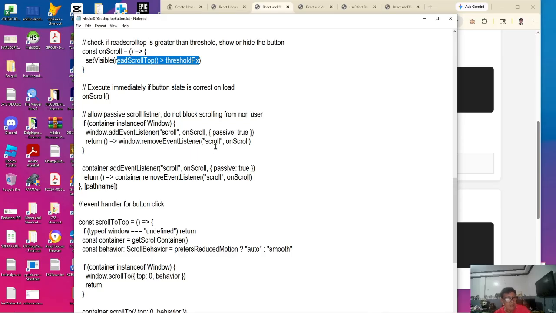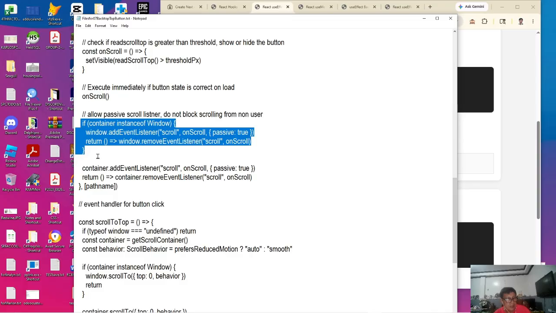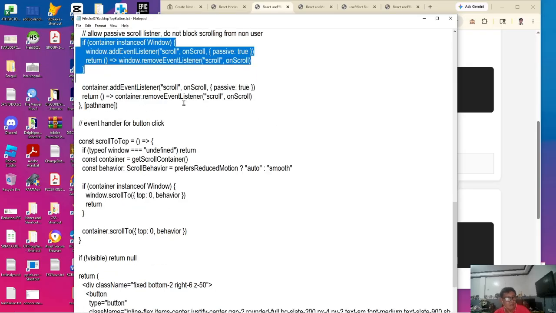Now the scroll event will call the onScroll, which will either hide or show the visible window. Aside from calling it immediately so that we'll have the correct state at the start, we will also assign it to the event listener of the scroll event so that when the scrollTop goes beyond the threshold, it will show the back to top. If not, it will hide the back to top. So this makes this passive, so it will not be done very quickly. So it will reduce the speed of the scrolling.